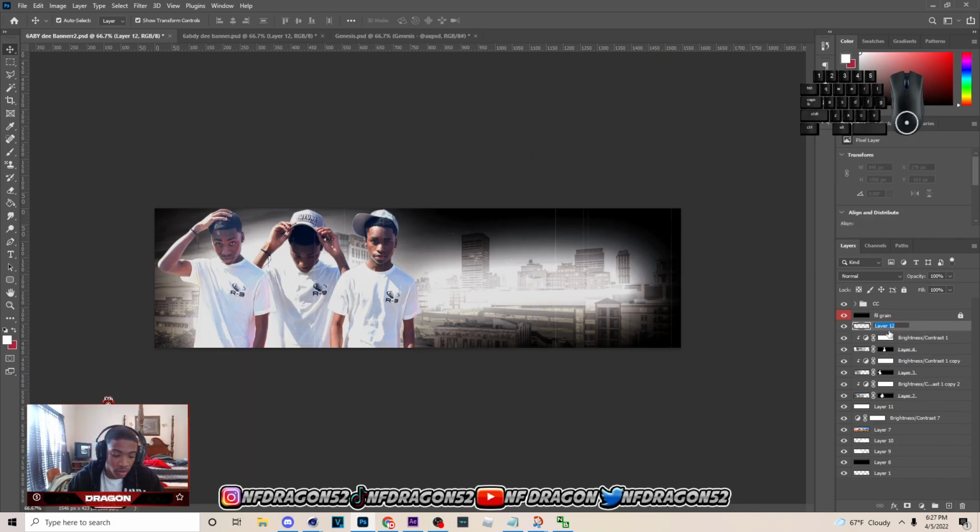My name is dots/glow, and hit B on my keyboard to go to the brush. Make sure your hardness is on 0, and you want to make sure your color is white on your brush, and just click on the sides like this. Click on the sides with the brush,